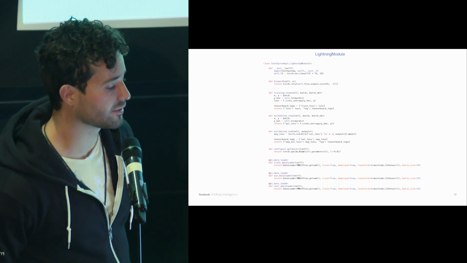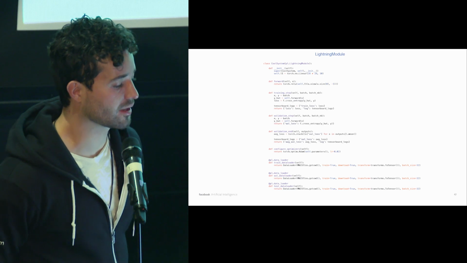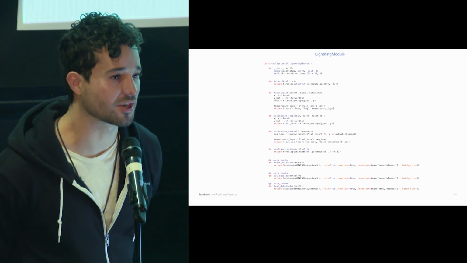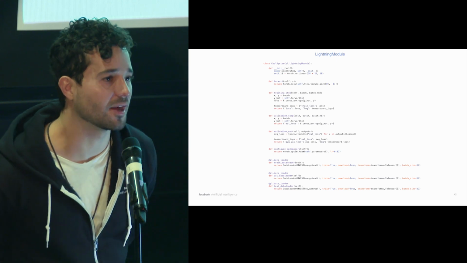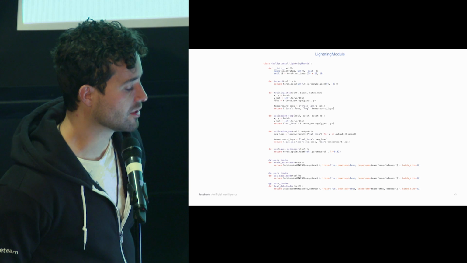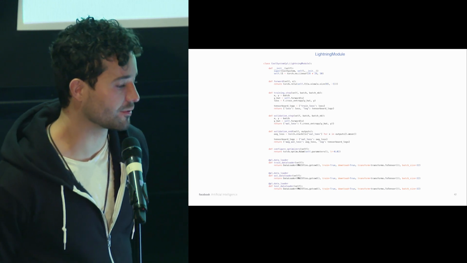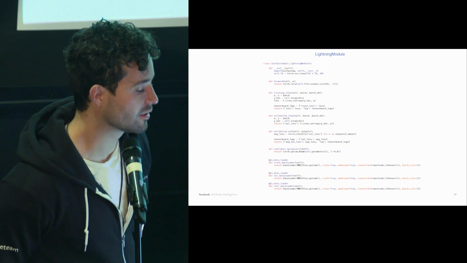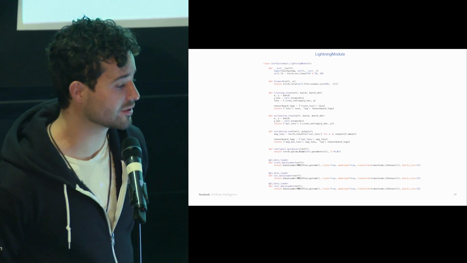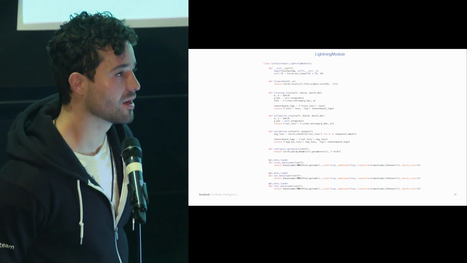But for validation step, maybe you want to do something else. Here I just did a loss, but in validation, maybe I want to calculate accuracy, or I could generate images, or sample the outputs. So it's a very different part of the training loop. Then you pass in what optimizers you want to use. You could pass in multiple if you want, for example, for GANs. And then you define your data, where it's coming from, as data loaders. This defines a full system, and this is all the code you need to run this stuff on 200 GPUs.